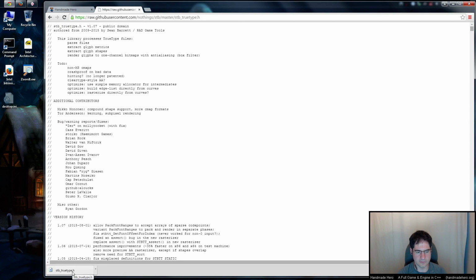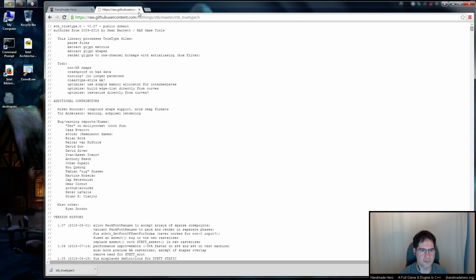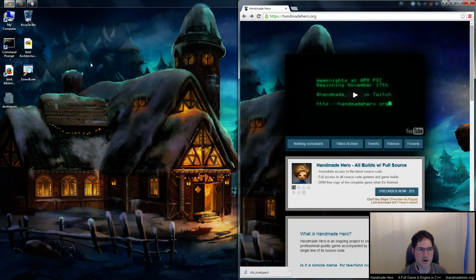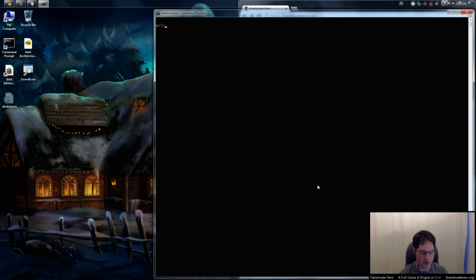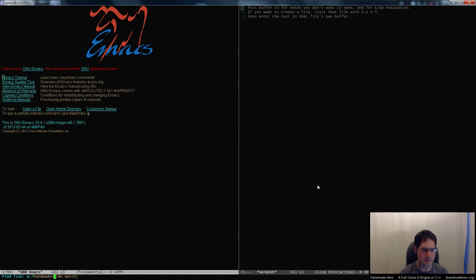Now we've got STB TrueType. And like I said, the big difference between STB TrueType libraries, and the reason why I feel like they are something that I consider for my own coding, unlike a lot of libraries, is because they're just really sensibly made and they're really easy to maintain and keep using in your source code, because there's just one file and it